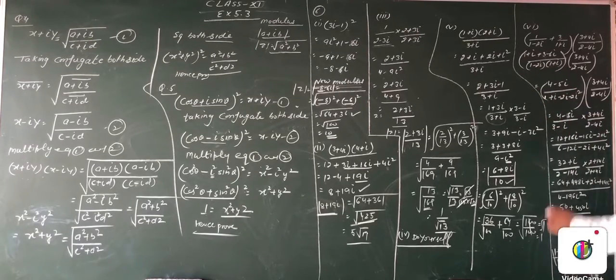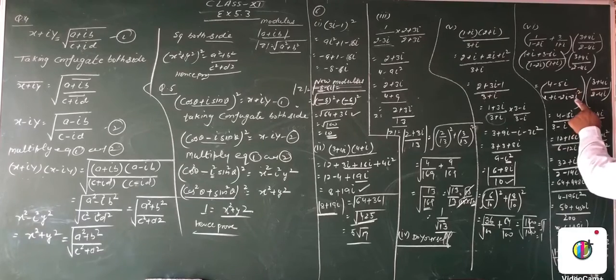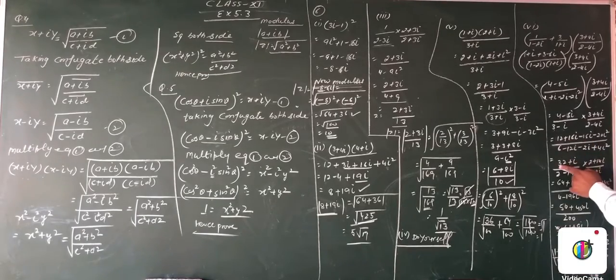Now put the value of iota. Here the value of iota square is minus 1. So then plus 2 plus 1 we get 3, iota minus 2 iota minus iota. Multiply these terms as given. Now numerator multiplies numerator, denominator multiplies denominator. Now we solve this term, after multiplying we get 32 plus iota by 2 minus 14 iota.